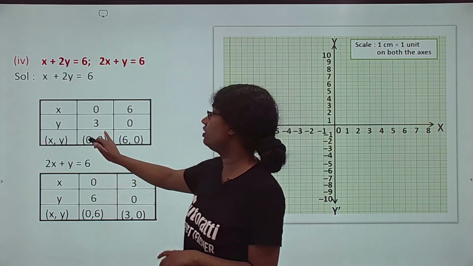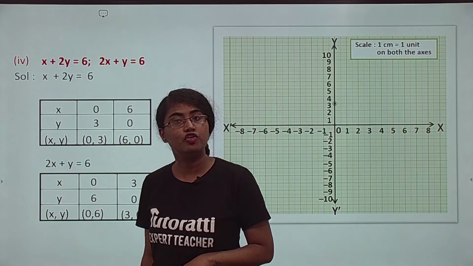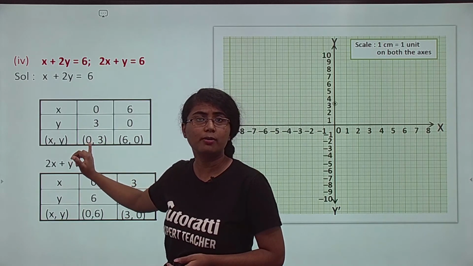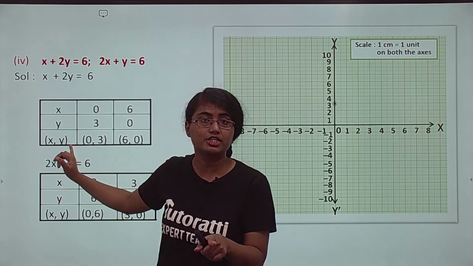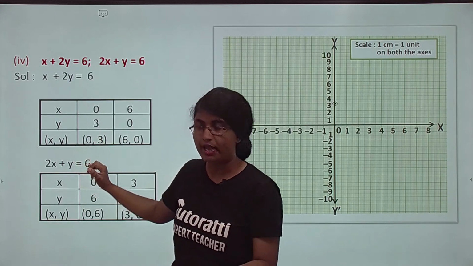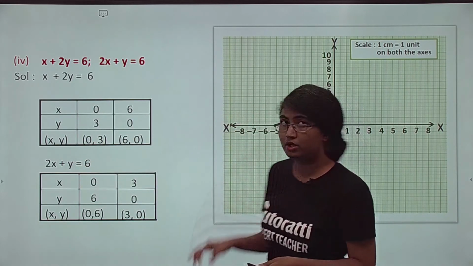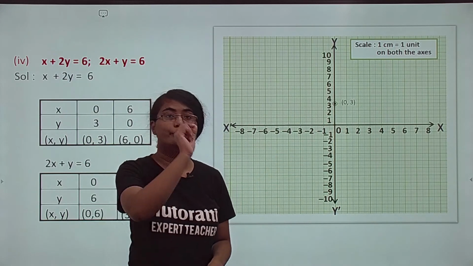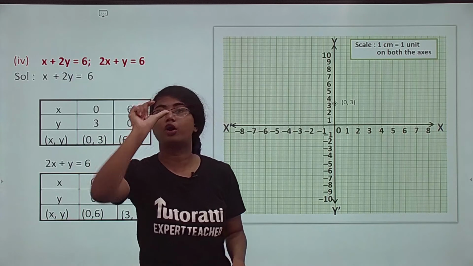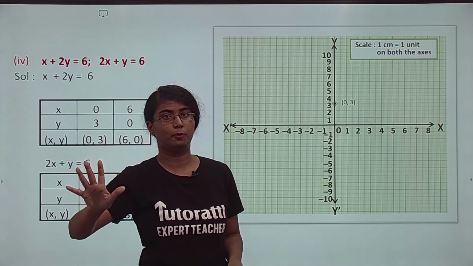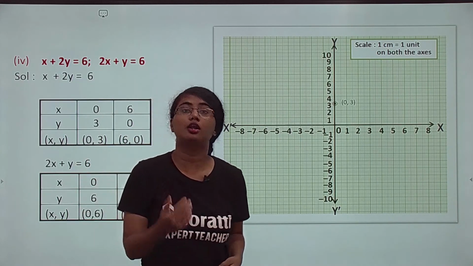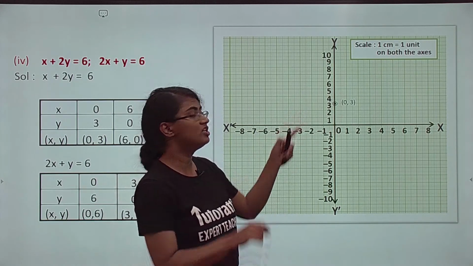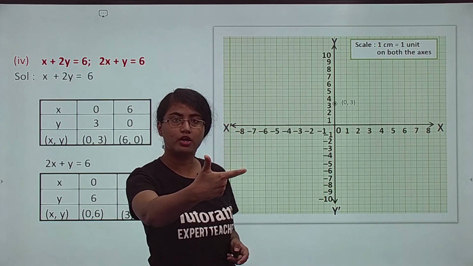Now taking the first table, first table का first point क्या है? 0,3. 0,3 कौन से एक्सिस पे आएगा? On y axis. Can you see the point here? 0,3. Okay. Point mark किया तो उसके coordinates side में लिख दो. Okay, it becomes easier and clearer for you to understand what is going on in your sum. Once you mark the point, write down the coordinates.